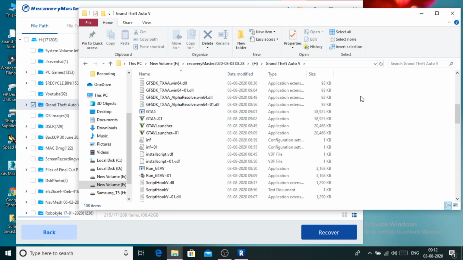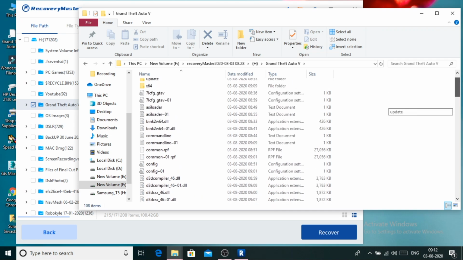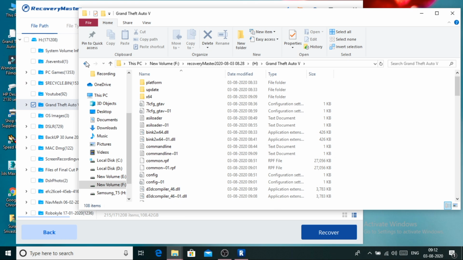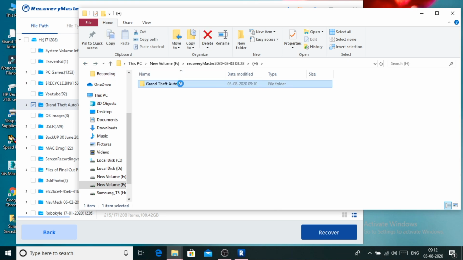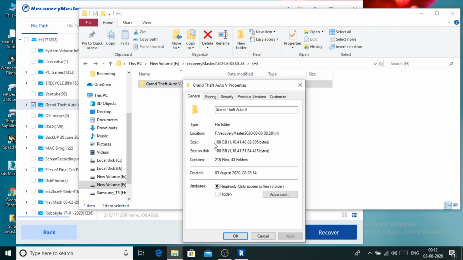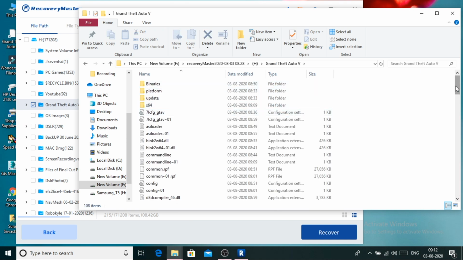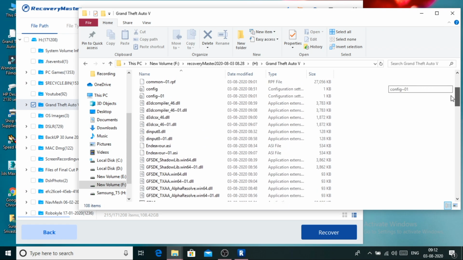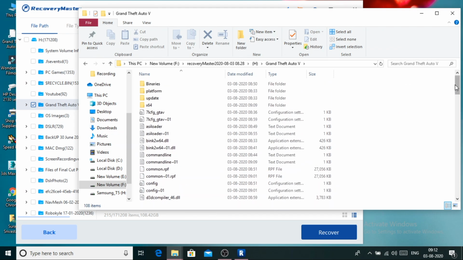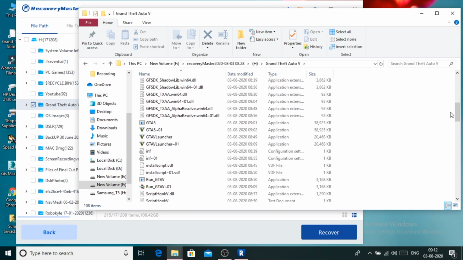So it means guys, it's fully backed up or recovered, the GTA 5 pack, after deleting it completely. So let me first of all check the size of the file here. Let me go to the properties, and here you can see it has a size of 108 GB. Okay, so I think it means that it has all the other saved files that I already had in my GTA 5, because a few days ago I just added a mod in it, and after that I removed it, and I think it is also recovering that while recovering the full GTA 5 game again.